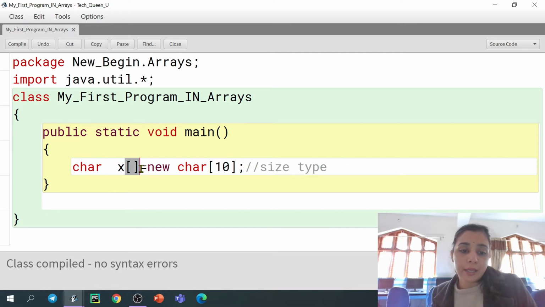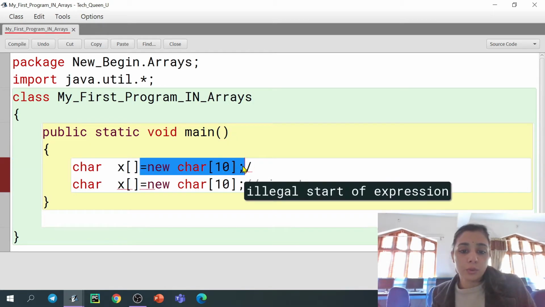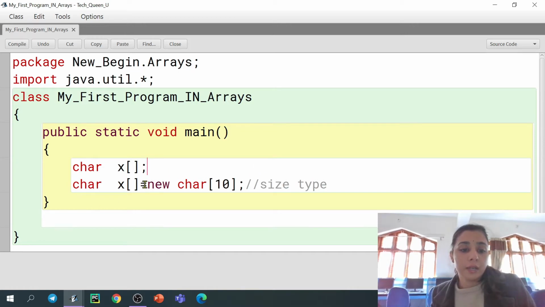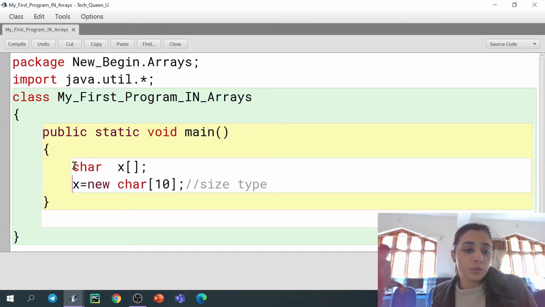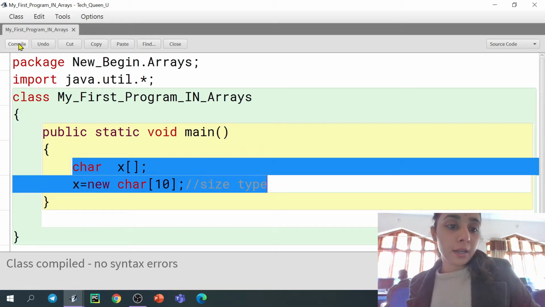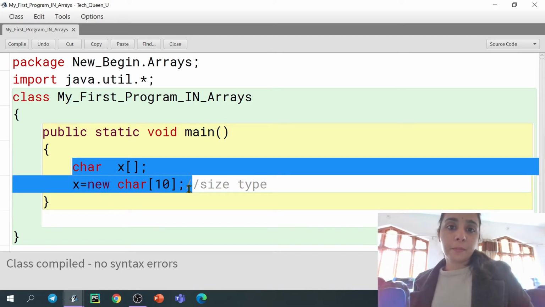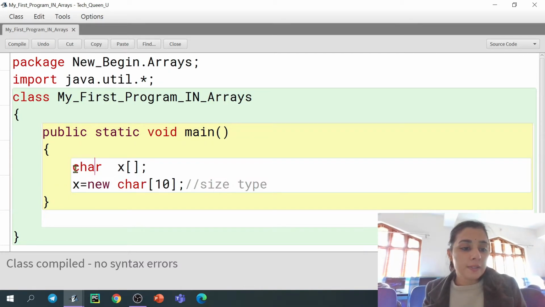So what I can do, I can simply write this single line in two lines also. How? That time we are just separating the declaration and the initialization part. So how to do that? Let's say I have given control C, and now instead of creating this in one line, I have given it in two lines, right? I have just compiled that. Now this is also a way. Through that also you can do the same thing.